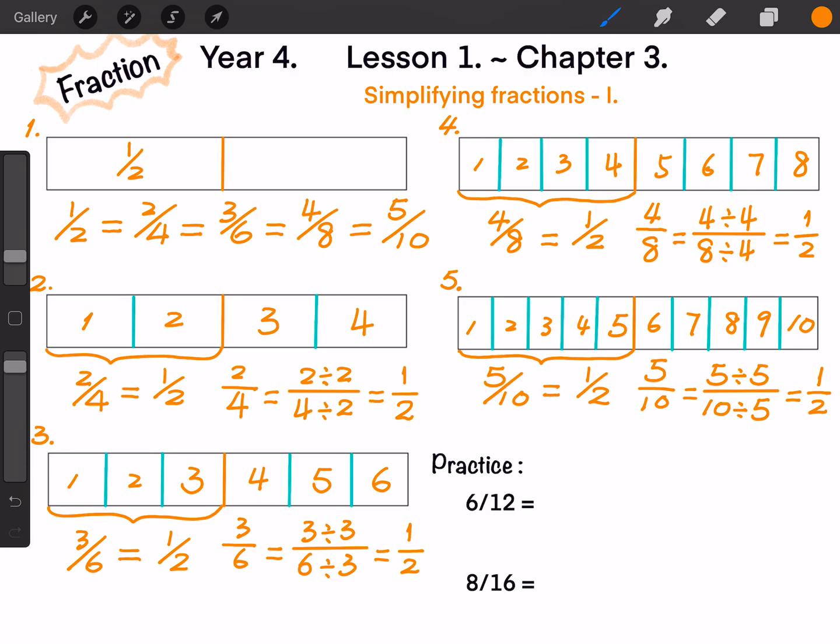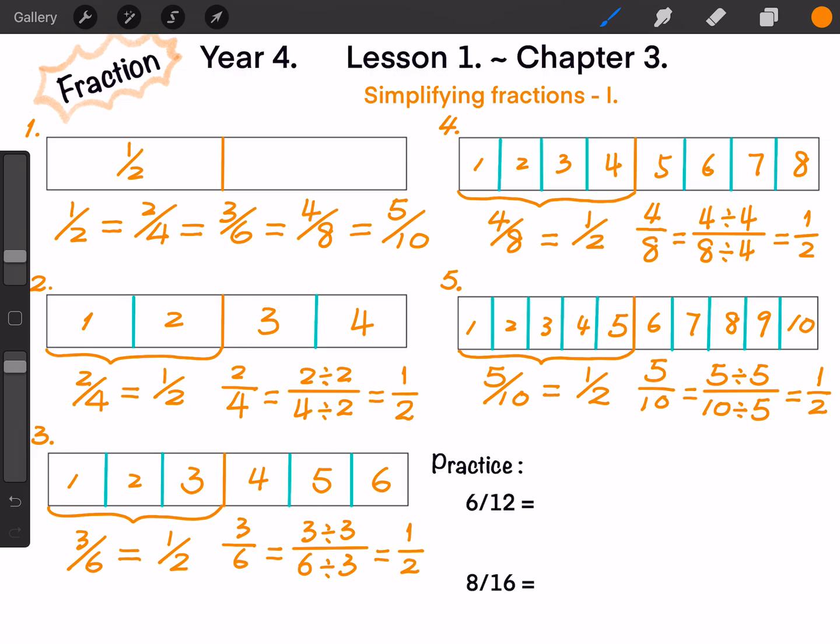Great. So for a fraction, when the numerator and the denominator are divided by the same number, we can get a simple fraction. Now let's practice. First one,